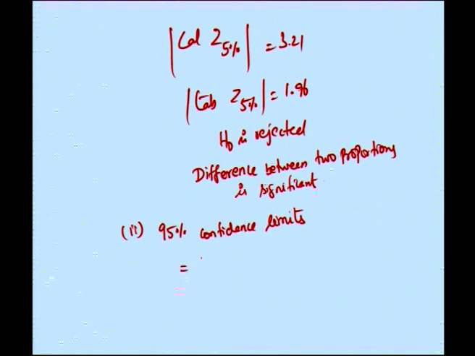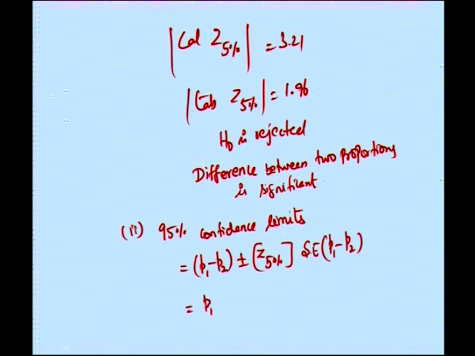It is P1 minus P2 plus or minus Z at 5 percent into standard error of P1 minus P2. Standard error of P1 minus P2 is Z at 5 percent is 1.96 and standard error of P1 minus P2 for this problem is root of PQ